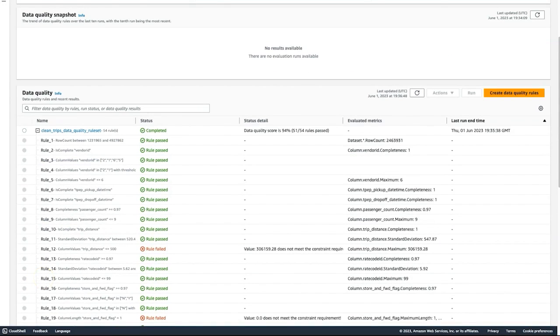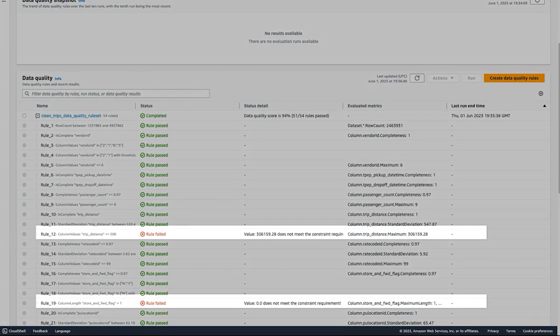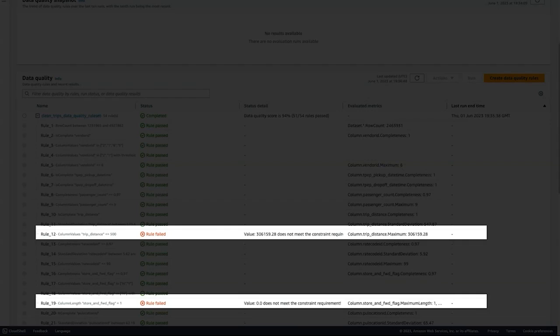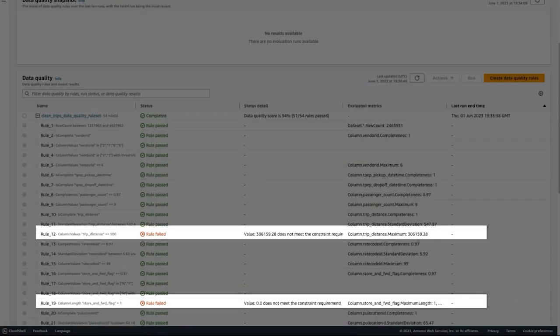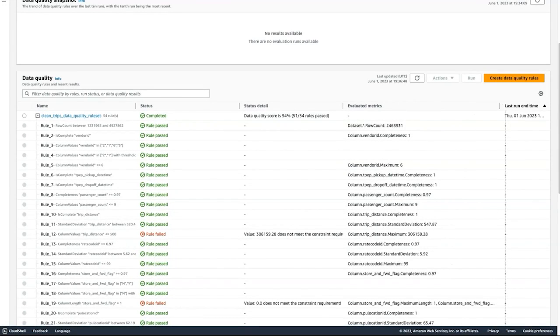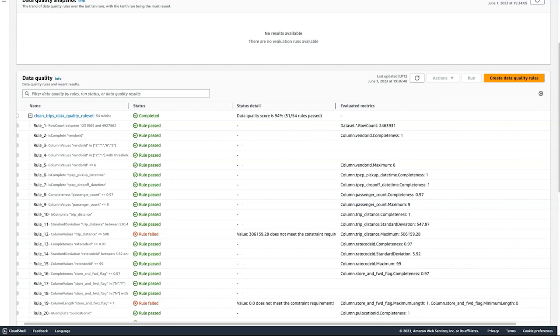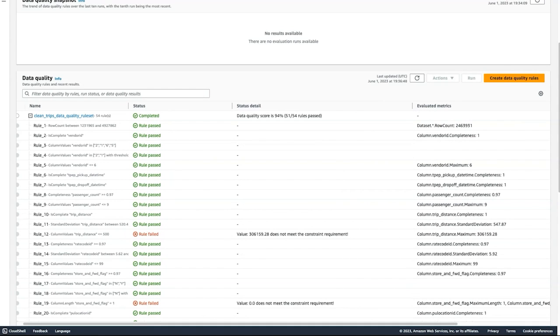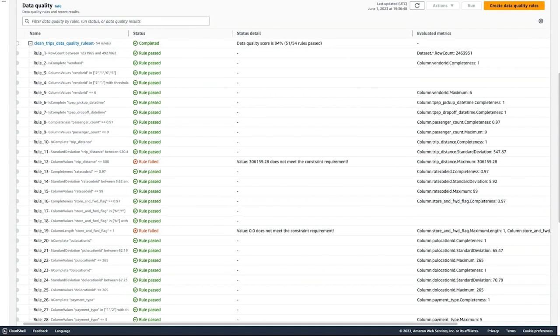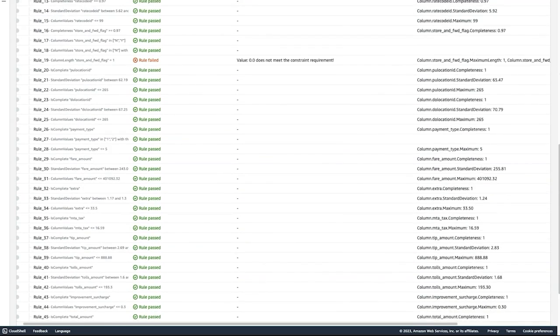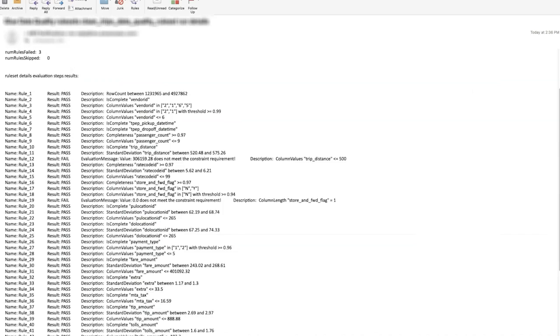On exploration, we can clearly see which of these rules were successful, which of the rules failed, and what the boundary values are that actually exist in the dataset. This allows us to start taking corrective actions on these datasets by talking to our source system owners so that these values can be improved.